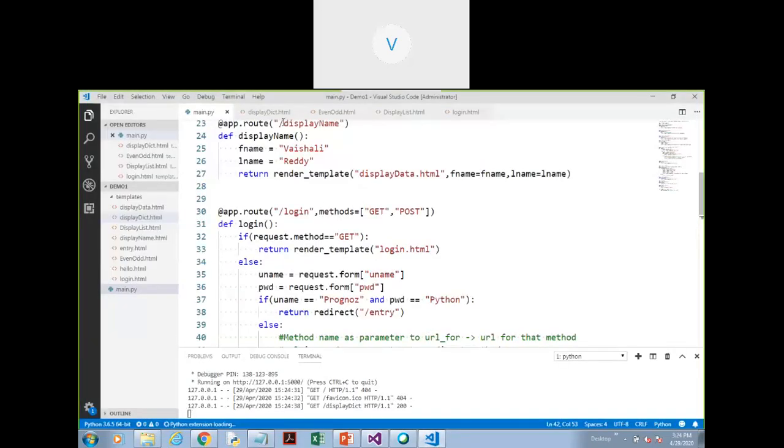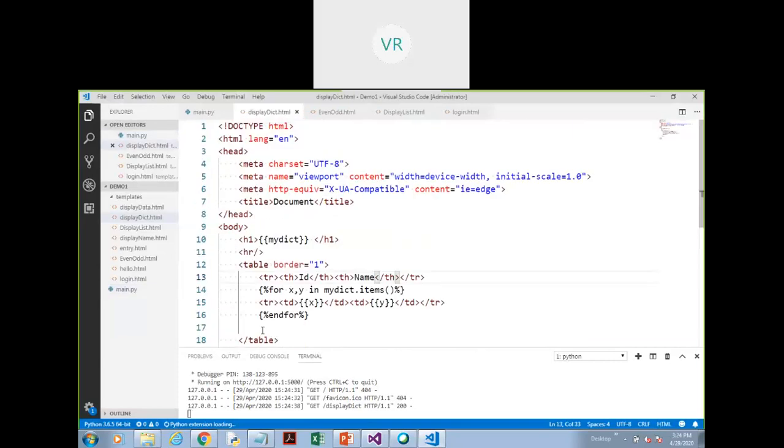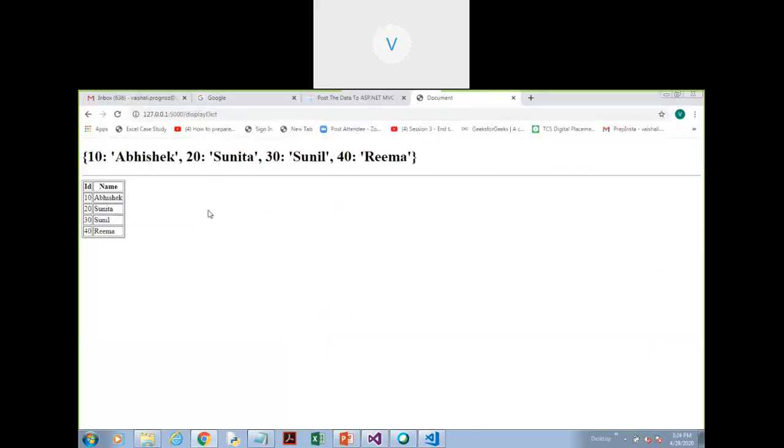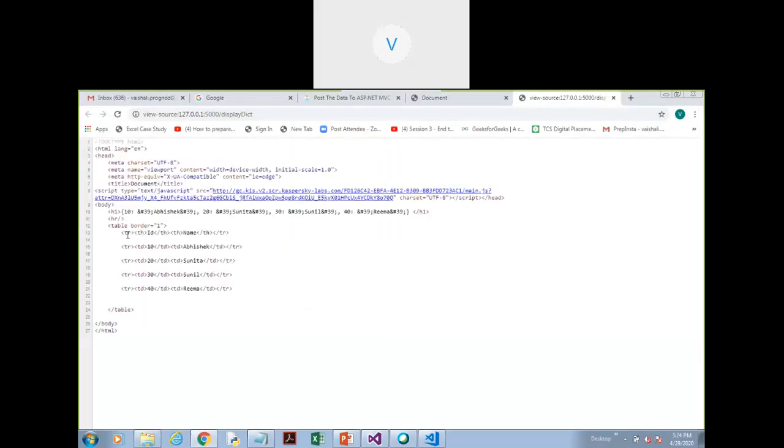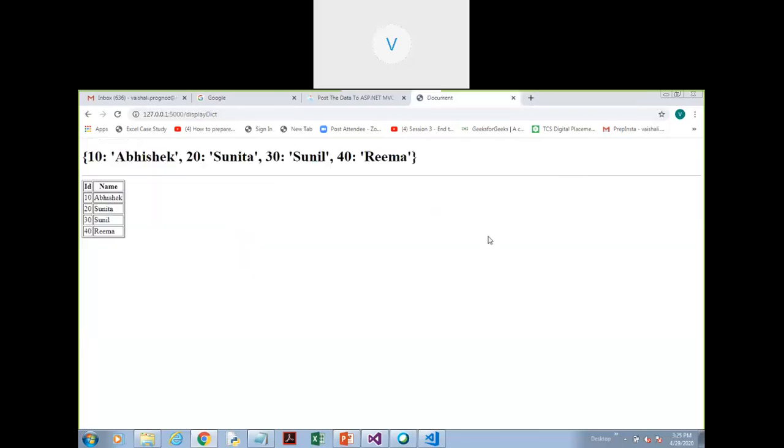If you observe the code of display dict, you may see that we had used a for loop, then an end for, etc. Here also some coding has been used. So this is the Python code. And if you go for view page source, you can observe this is completely clean code. There is no for loop here. Everything was executed on the server, and what was sent to the client is purely HTML.